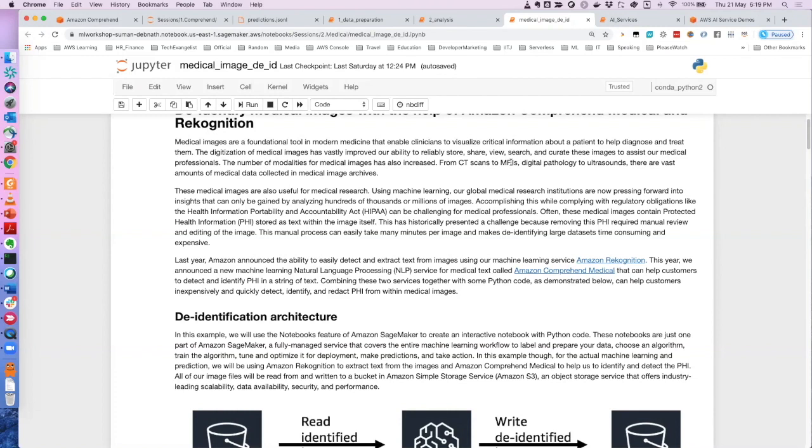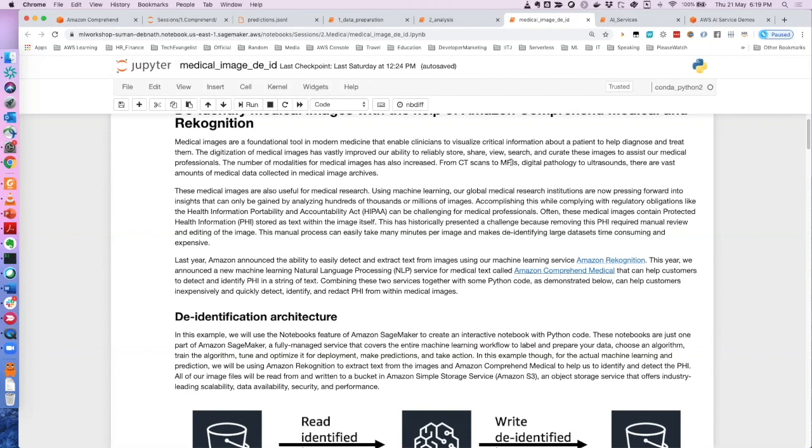So what we can do is use Comprehend and other services, like Rekognition here. Let's take an example of an X-ray that contains personal information. We can use Rekognition, which is an image analysis service in AWS.